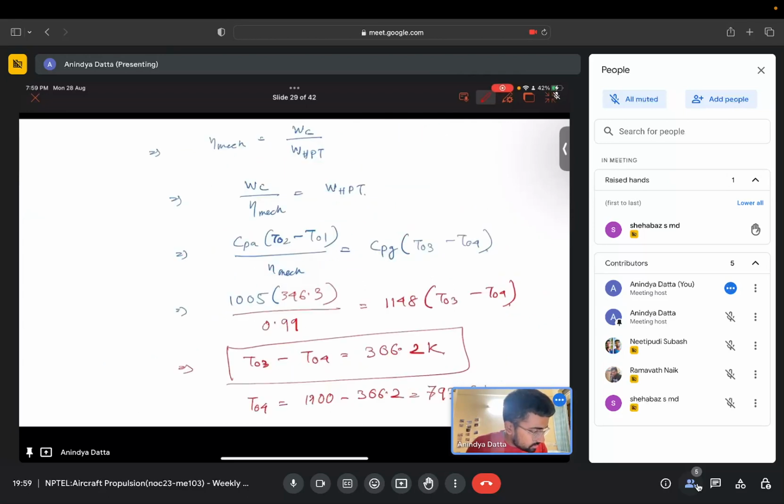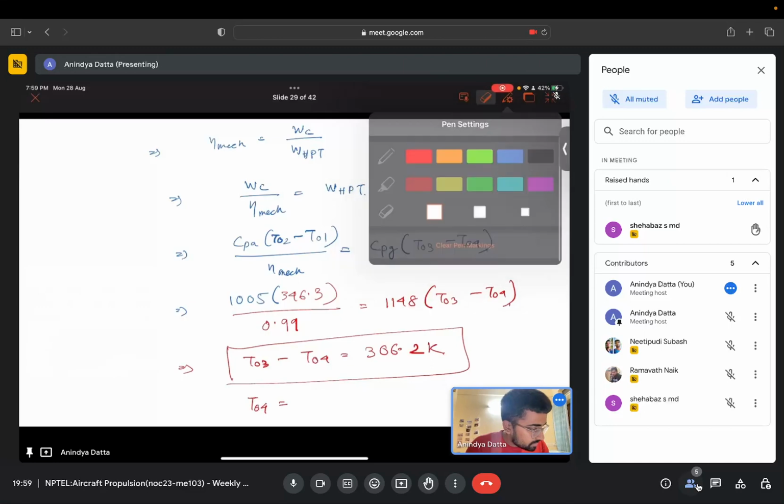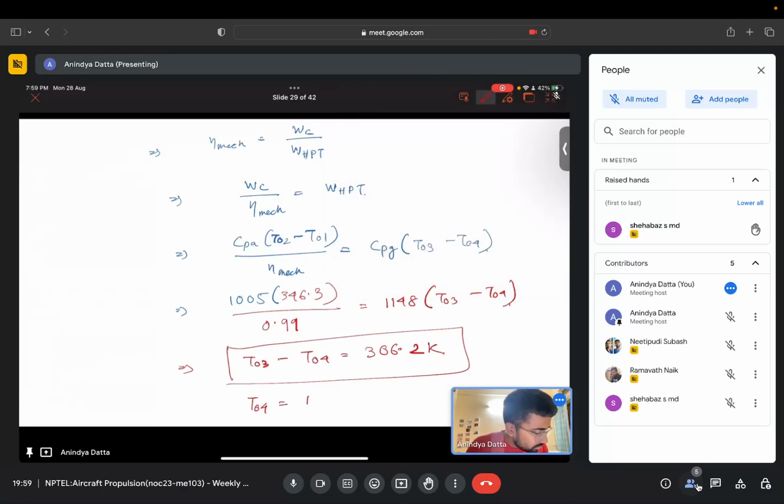So this is 1350 minus 306.2, which is 1043.8 Kelvin. So this is the temperature at state point 4, and the pressure at state point 4 we can now find out